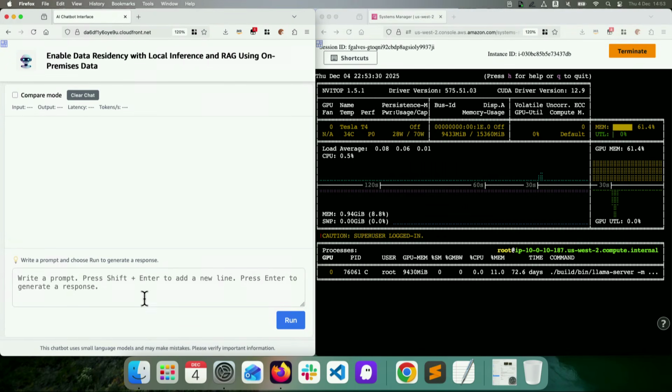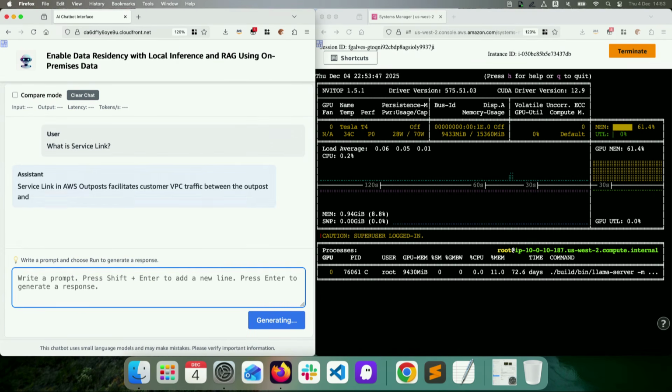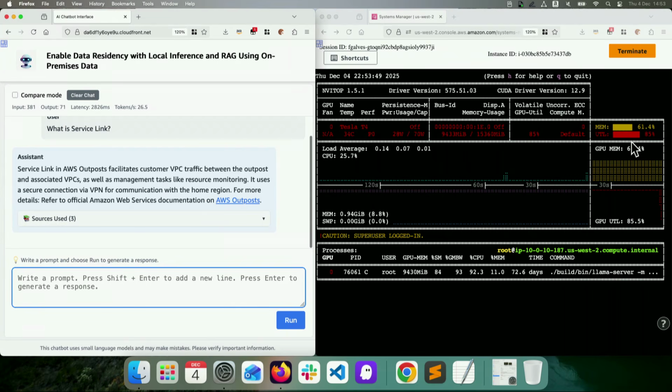And from this side, I have the chatbot. On the top, you can see the GPU memory in use, and the utilization. Okay, so if I ask the same question, what is service link? You can see the utilization. It starts consuming, and after that it stops.